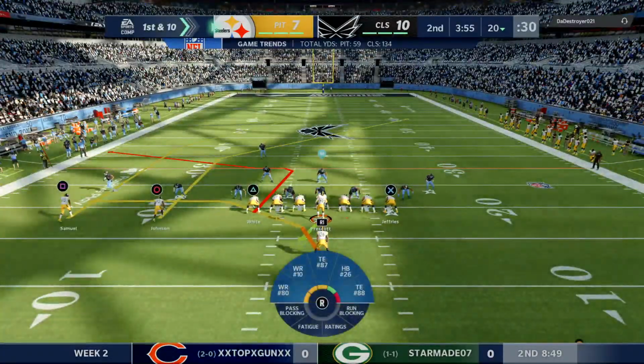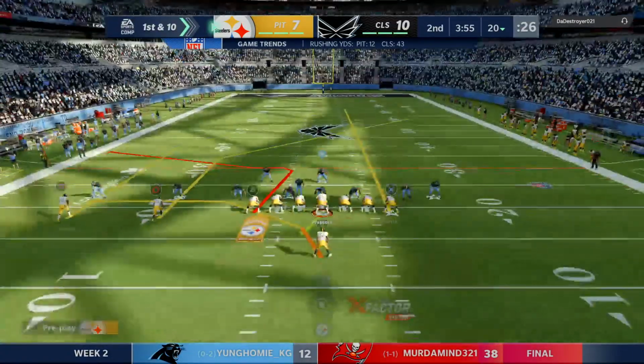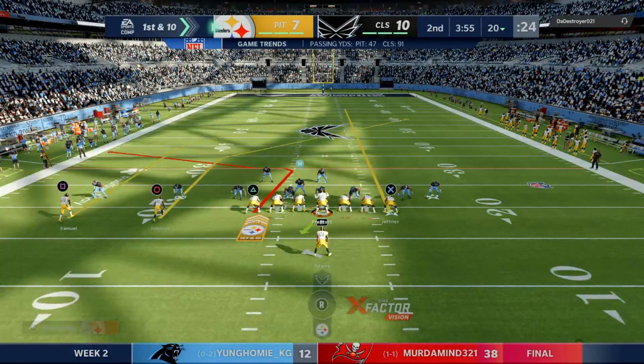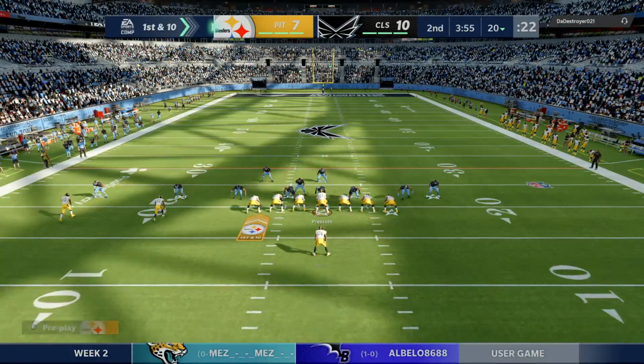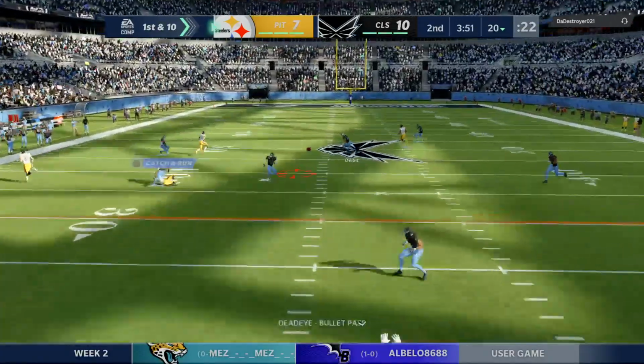The Steeler offense here about ready for their next drive. And for them, a touchdown their last go-around. Obviously, they'll be hoping to do that again. And when you start plotting for this drive, when you start thinking to yourself, okay, what are we going to do? You don't go away from what you did before because that worked. But you have to be...